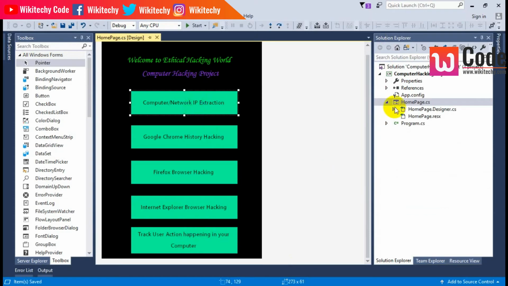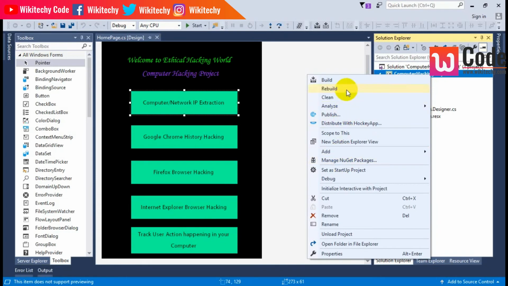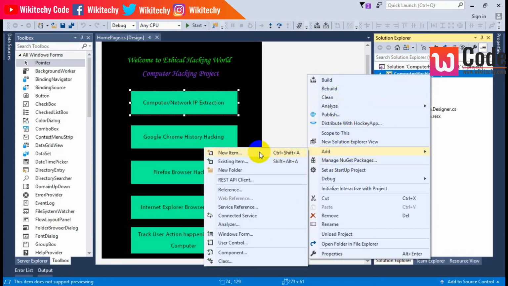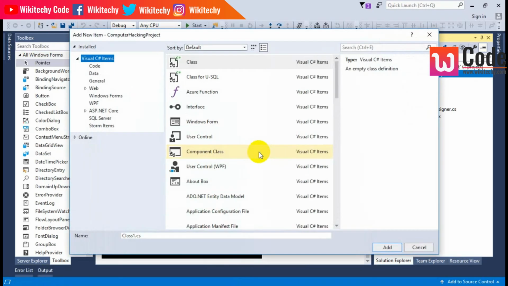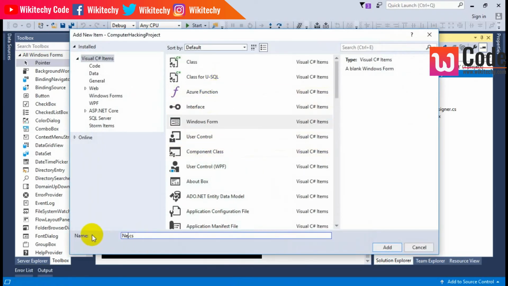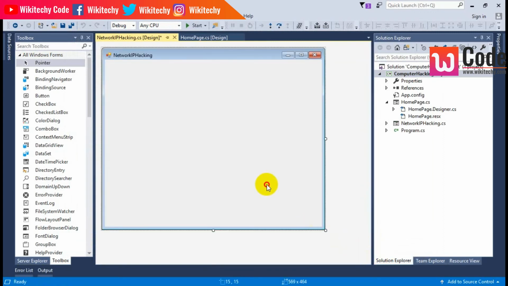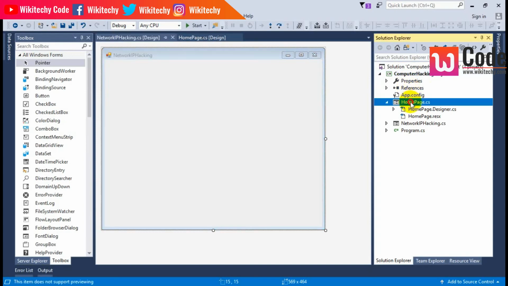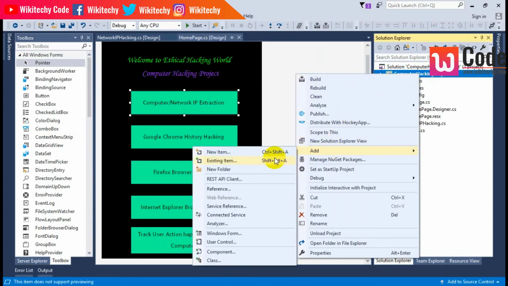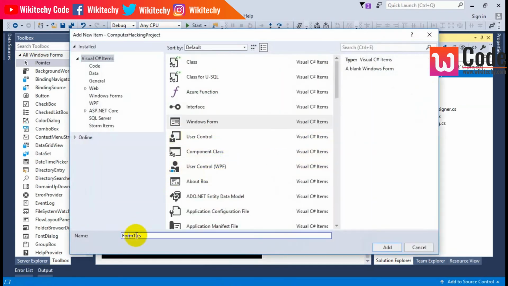Once you click this one, I need the project, right click, properties, and I try to add some of the forms. Add new item. Click the Windows form. Over here, network IP hacking. So I got my form now, network IP hacking. Click this one to save it, and we want to add new item, Windows form,